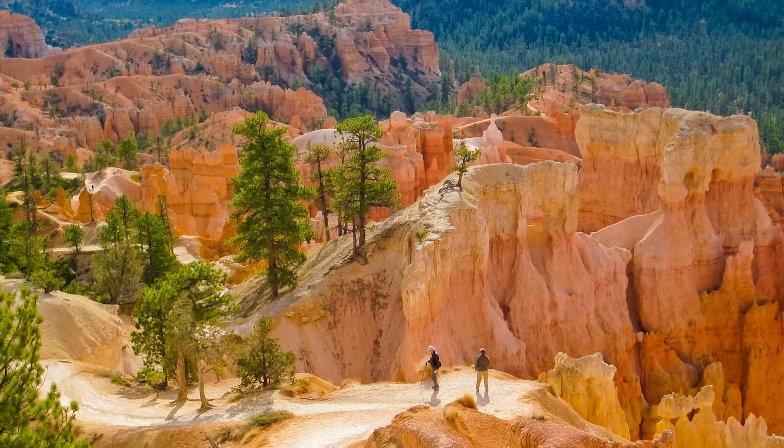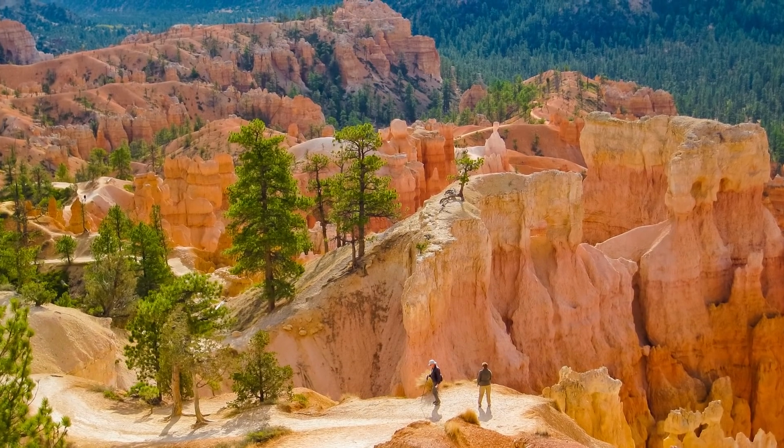They were formed by what we call the freeze-thaw cycle. What happens is the water seeps down into the rock's cracks, it freezes and it pushes the rock away into all of these pillars, which are scattered around Bryce Canyon, and that's what we see as we're overlooking the canyon today. In the video, someone says it best where they say, it's really hard to capture these places through words,